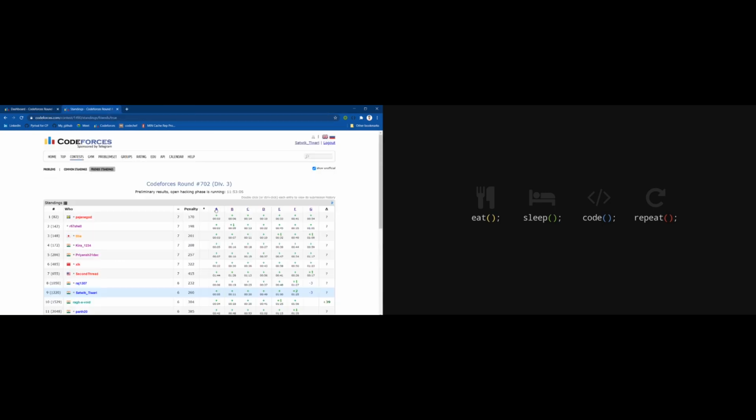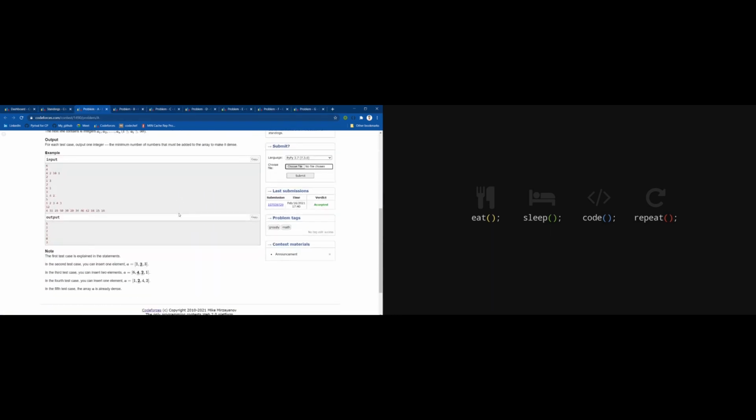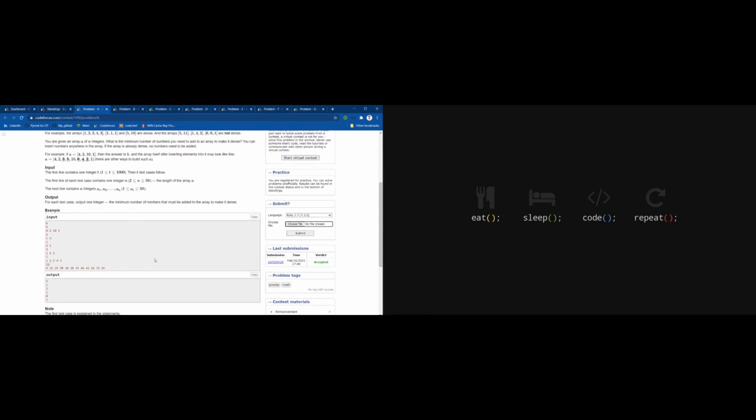Obviously, I won't be explaining all the solutions in detail, but I'll explain all the solutions. So the first problem was